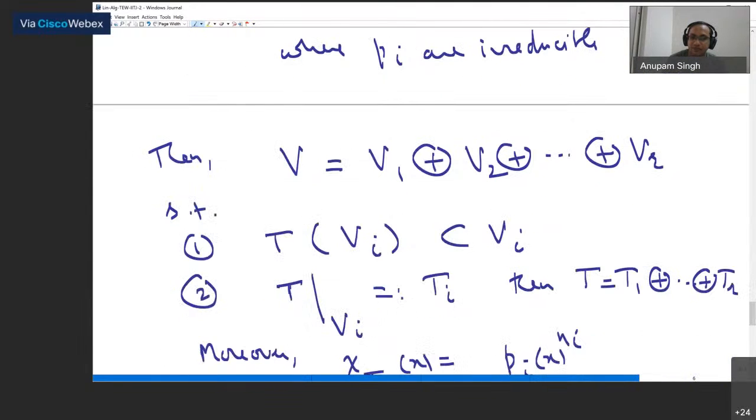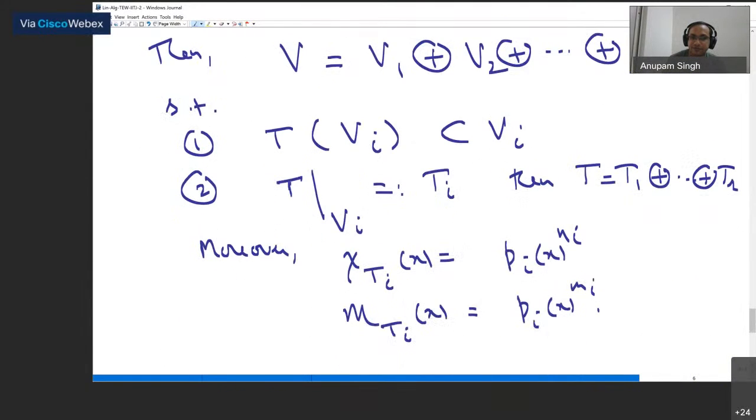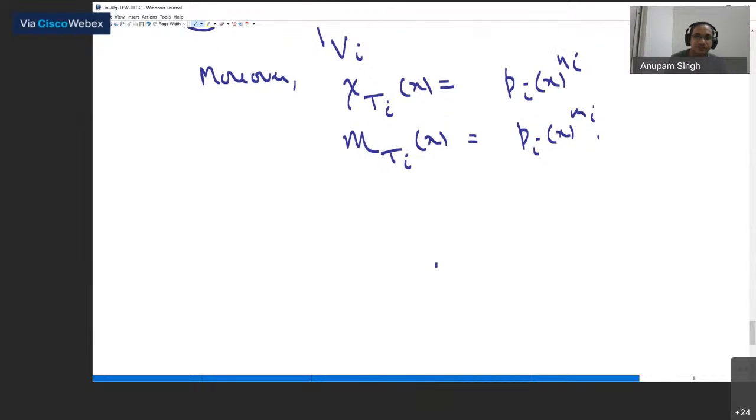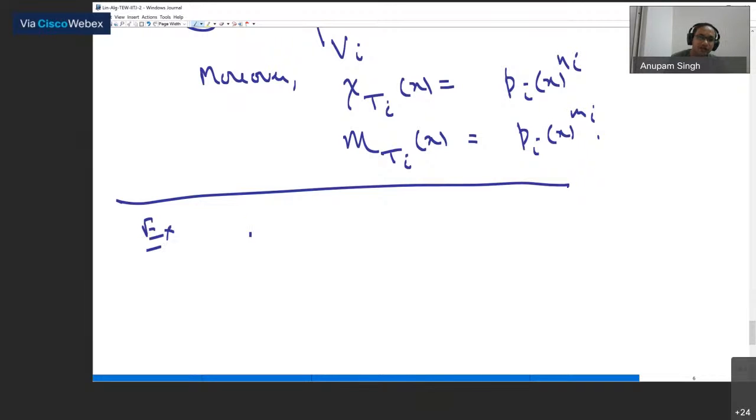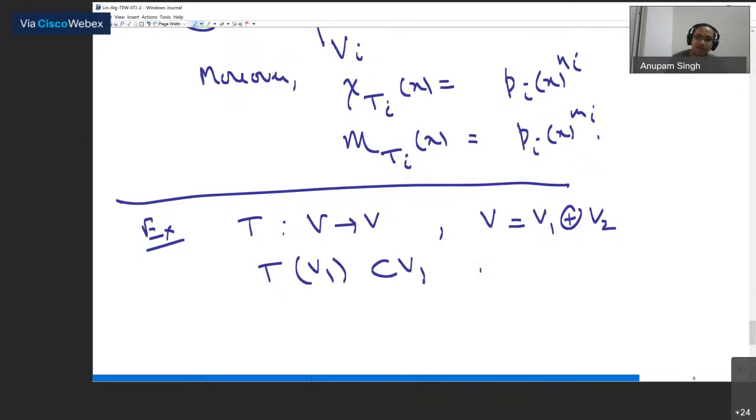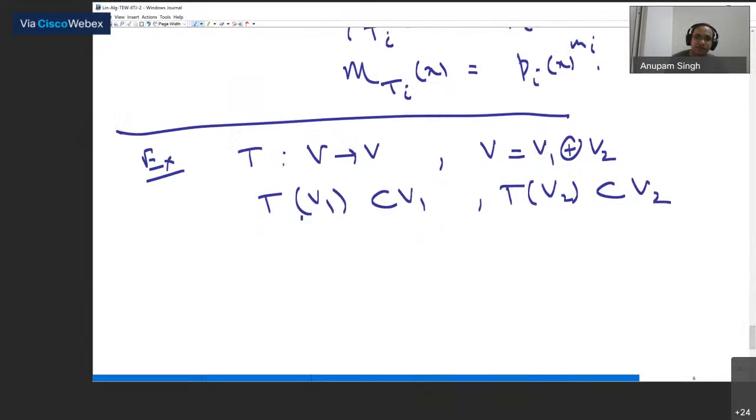I hope this is clear, that this is something confusing point. So let me just write here as an exercise for you, that suppose I have a linear transformation from V to V, and suppose V is, let's say, V1 direct sum V2, and T maps V1 to V1 and T maps V2 to V2. Then if I choose a basis of V1 first, so choose a basis in such a